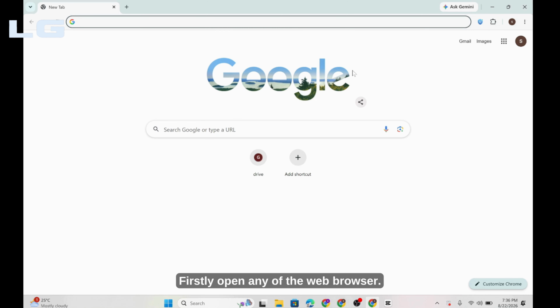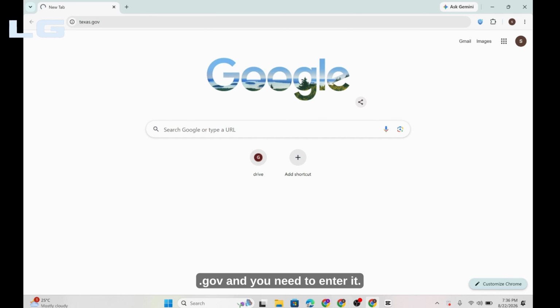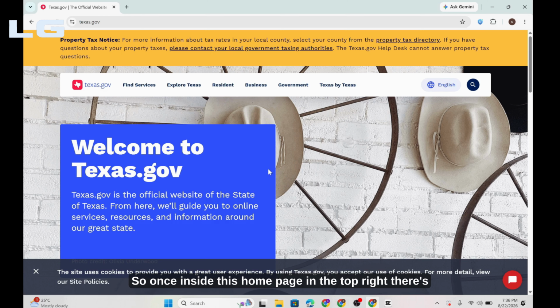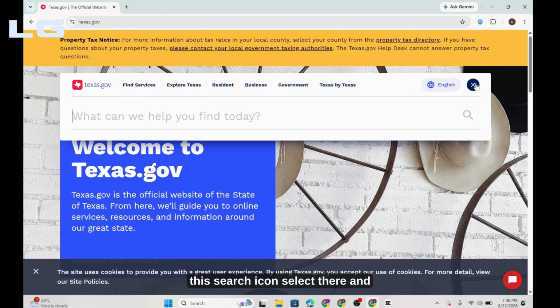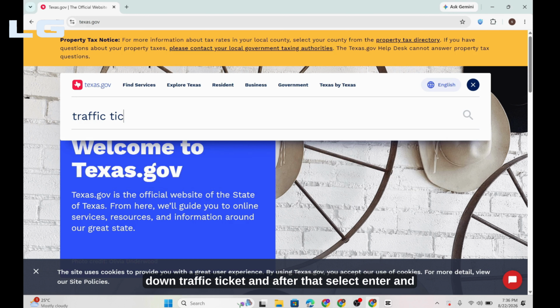Firstly, open any web browser. In the top there's this address bar, type down texas.gov and enter it. Once inside this homepage, in the top right there's this search icon, select it. And over here you need to type down traffic ticket and after that select